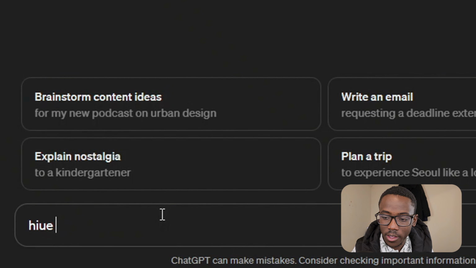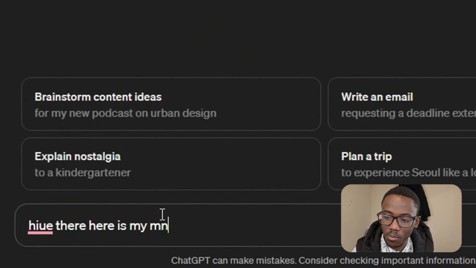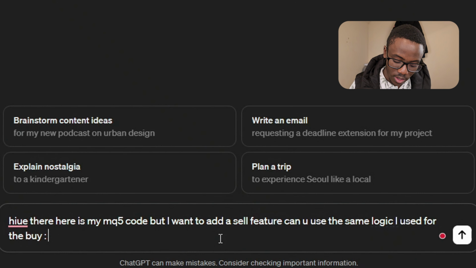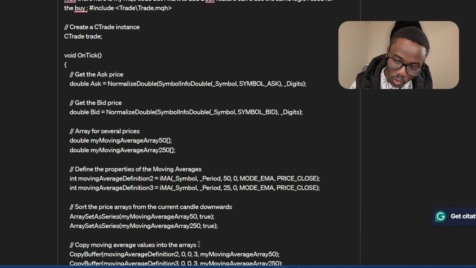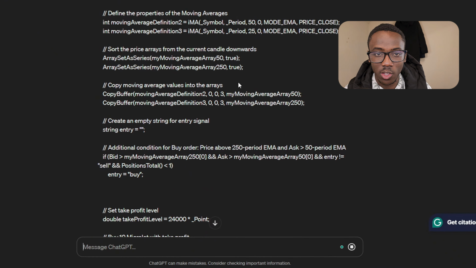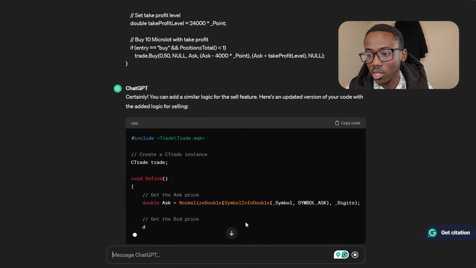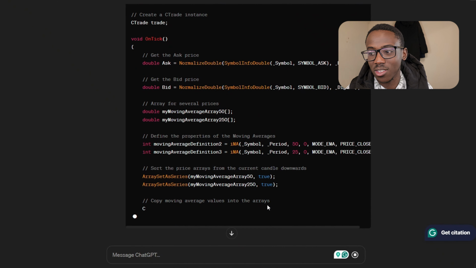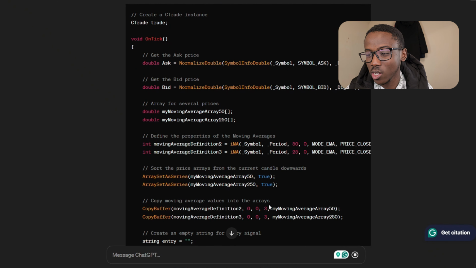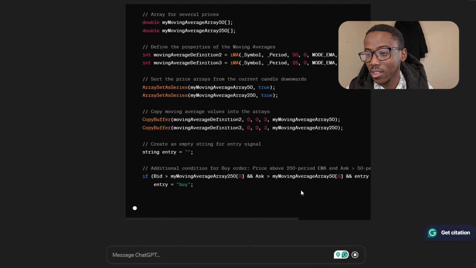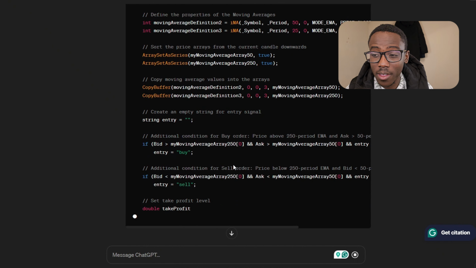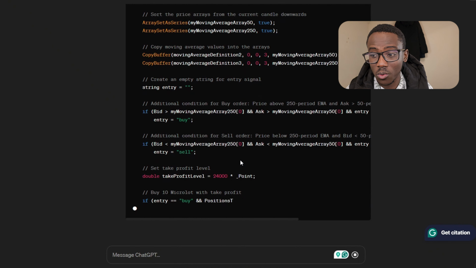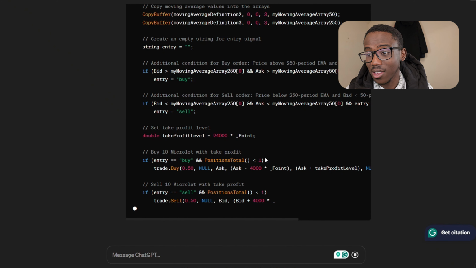ChatGPT. Hi there, here is my MQ5 code. Then I'm going to paste it and press enter, and ChatGPT is going to write the code until the end. So let's wait for it to finish. As you can see, it's setting all the moving averages which I did mention, and there's an if statement which we always use in C++, and there is